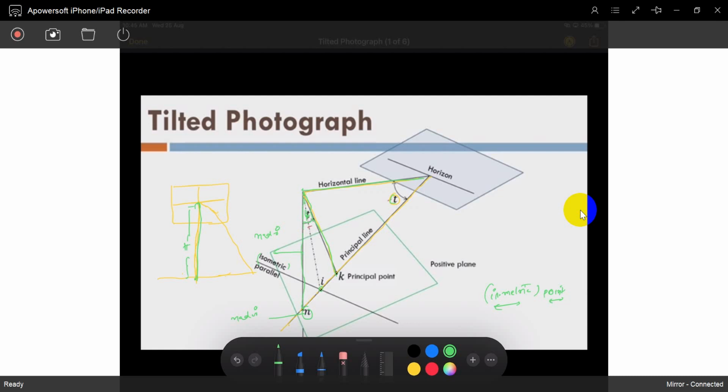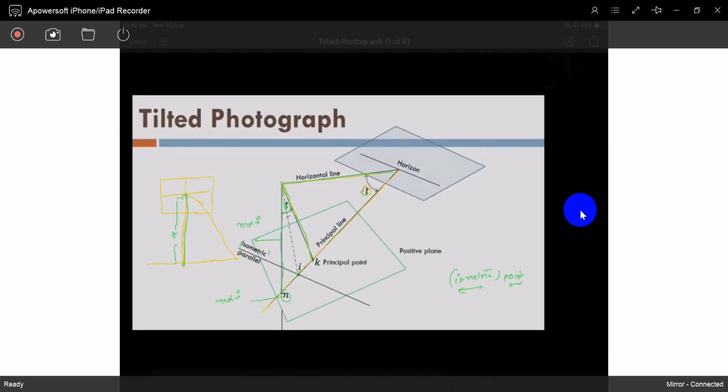Rotating, how, what is rotation, sir? If you rotate with respect to the axis, you can capture the vertical images and also tilted images. If the image is rotated with respect to the isometric center, you can capture a vertical photograph if the plane is vertical. We will see later, no need to discuss now. One thing is understood: the nadir point and nadir line will come into the picture in a vertical plane.